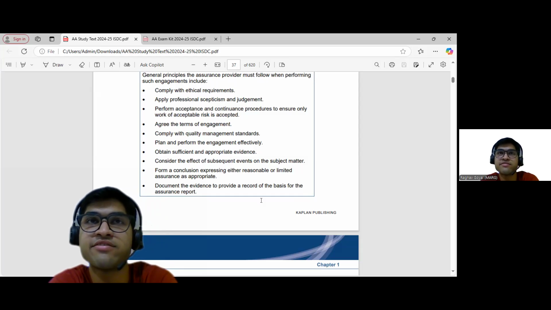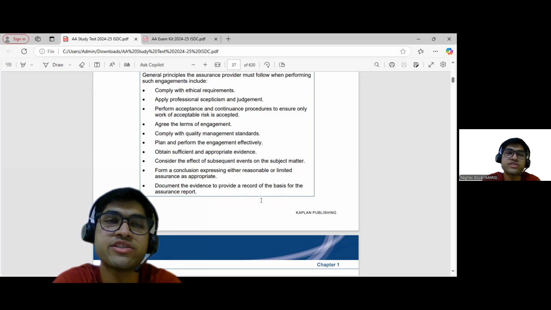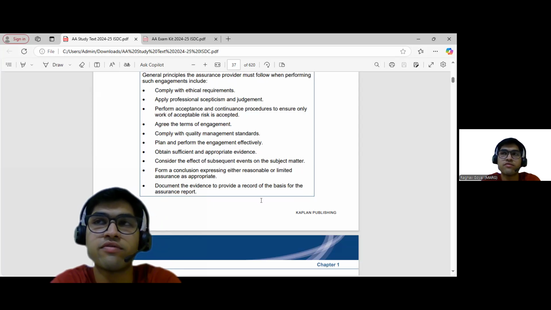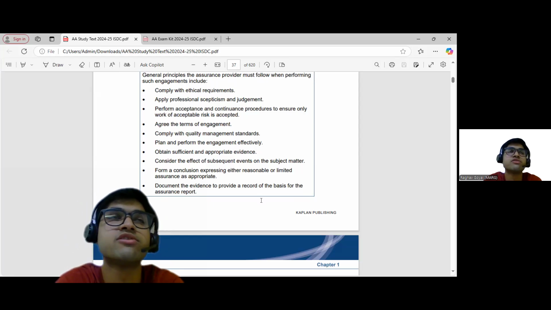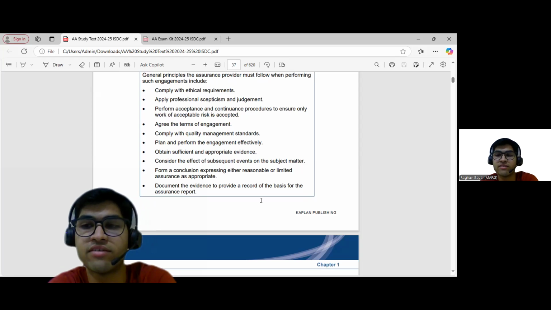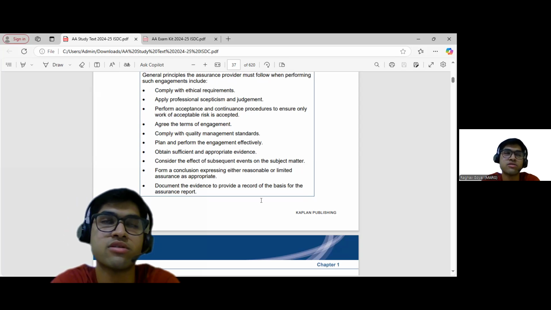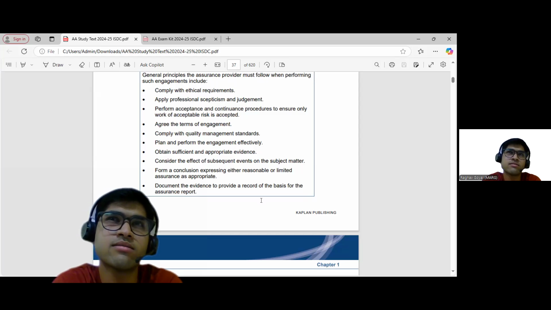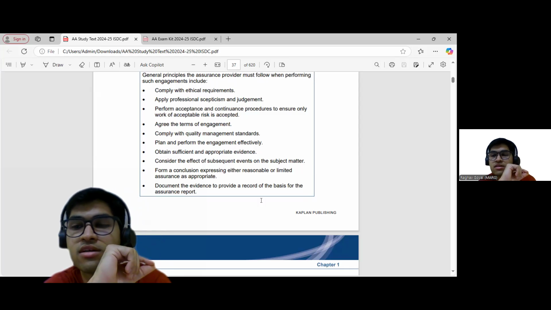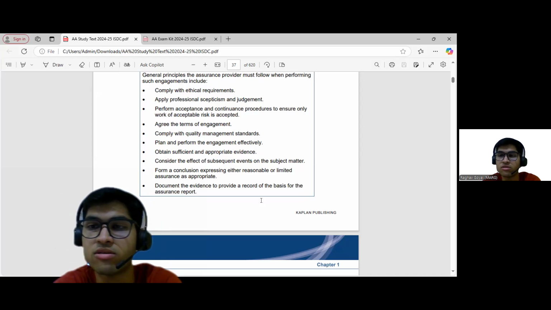Not accepting things at face value, having a questioning mind, that you need to be proactive and always be thinking about things. If the management has used assumptions in their statements or anything anywhere, then you can question those assumptions. Like, why are they based on that? What is the base point of that assumption? There is a high chance that the points on which the assumption is based could be completely wrong.